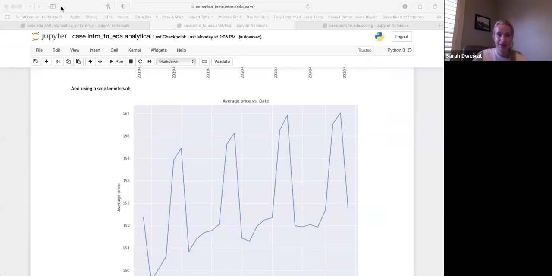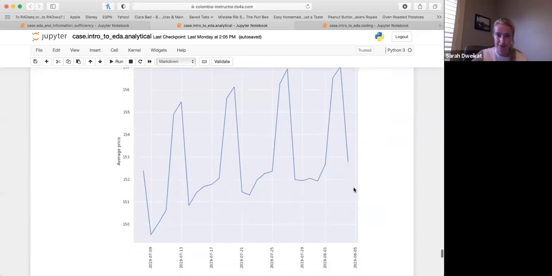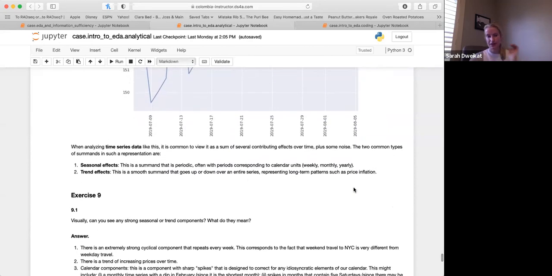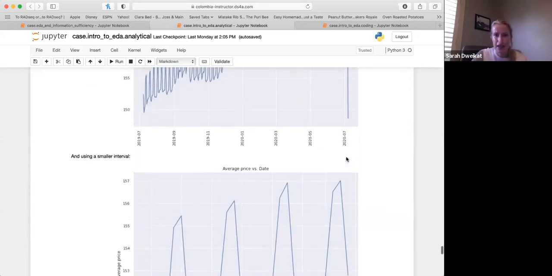Okay, so let's discuss. It seemed like everyone in the live chat is on the same page here in terms of interpreting these graphs. So we see this cyclical component. If we start here looking at each week, we can see these peaks in price, which indicate weekends. A lot of you said weekends seem to be responsible for that fluctuation. So absolutely, if you are Airbnb, you should be recommending people price a bit higher on the weekend, right? They can get a higher price on the weekend for a stay.